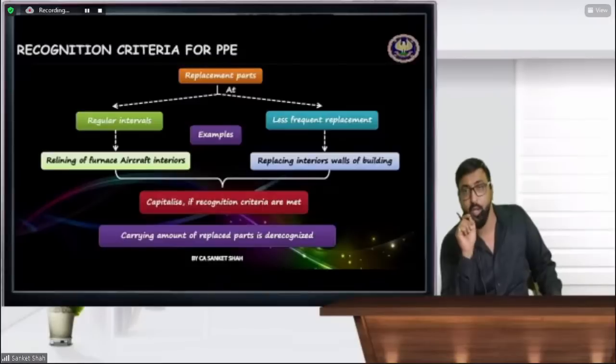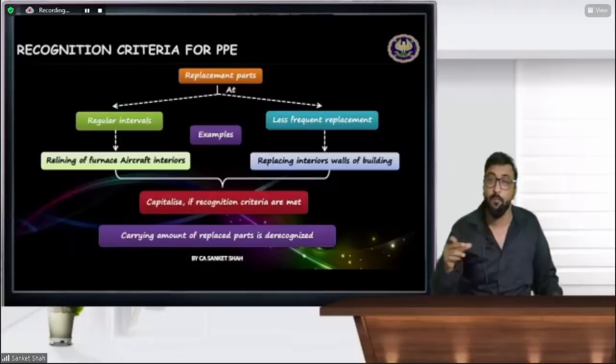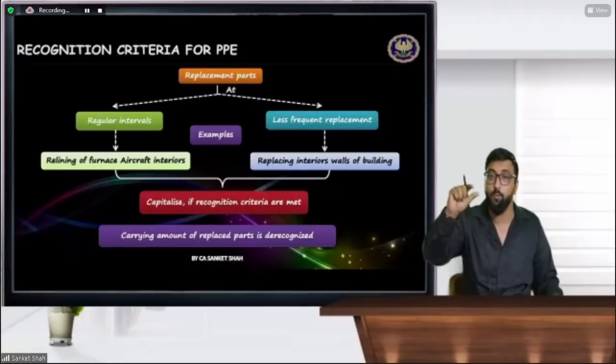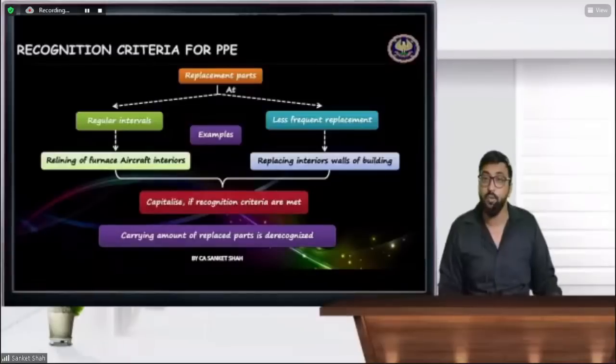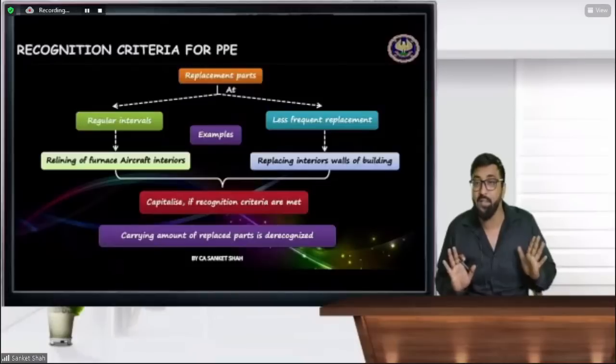Friends, for example, I'm giving you one simple example so you'll understand it. Suppose you replace the fuel filter, or there is a fuse, beta, in your car. If you replace that fuse, the cost is hardly rupees 30, 35 or 100 rupees. So that fuse part will not increase the life of the asset. Only the maintenance will be good after replacing it. So beta, oil changing.